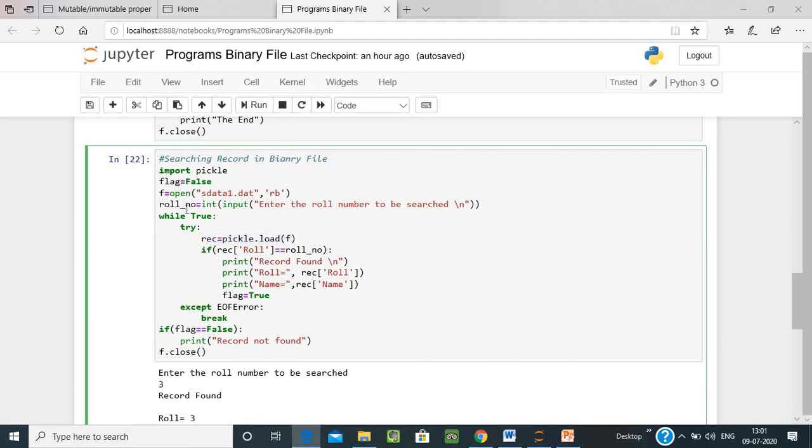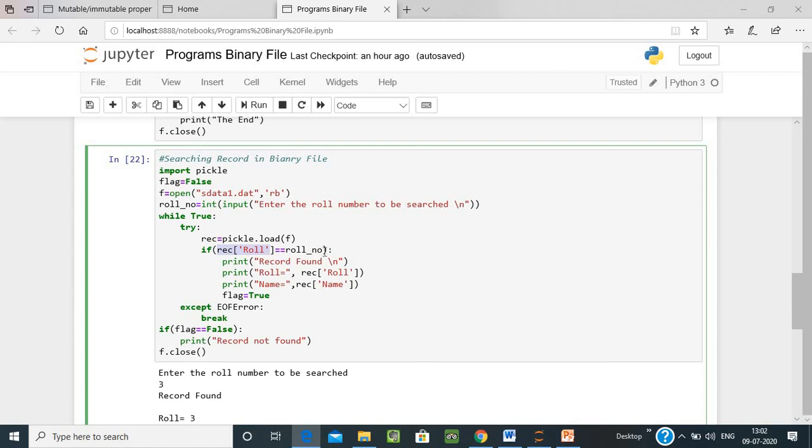We are using this statement to load the record from the file into the record variable. Now in the next line we are checking record roll equal to roll number.